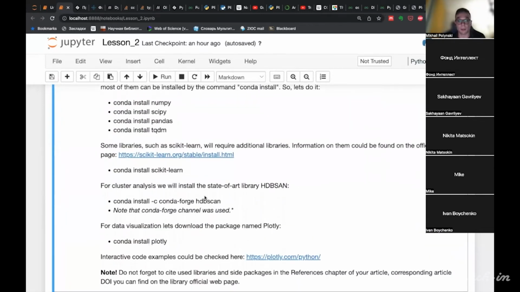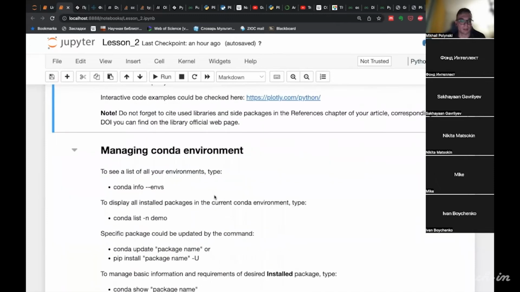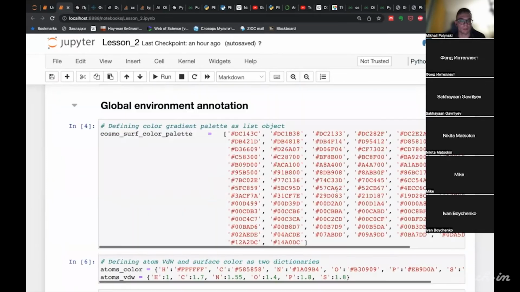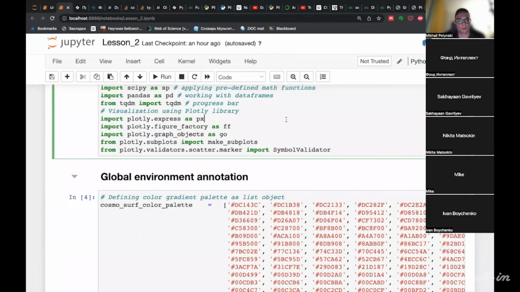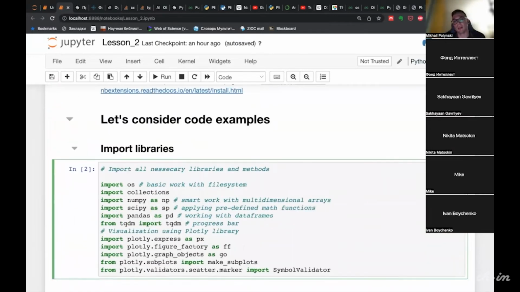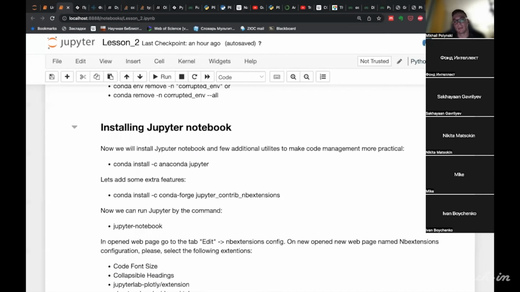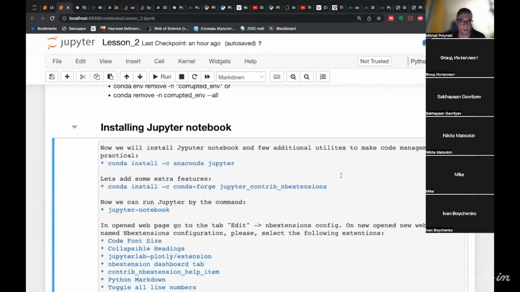It's human readable, but later we will consider the code to execute, and you can combine these two for teaching purposes, and also you can combine Markdown formatted text.